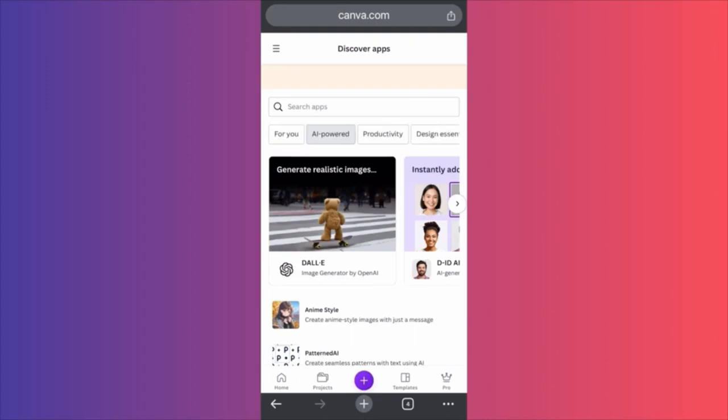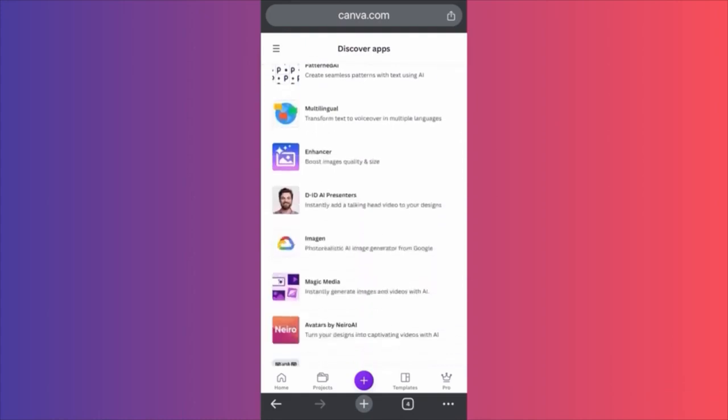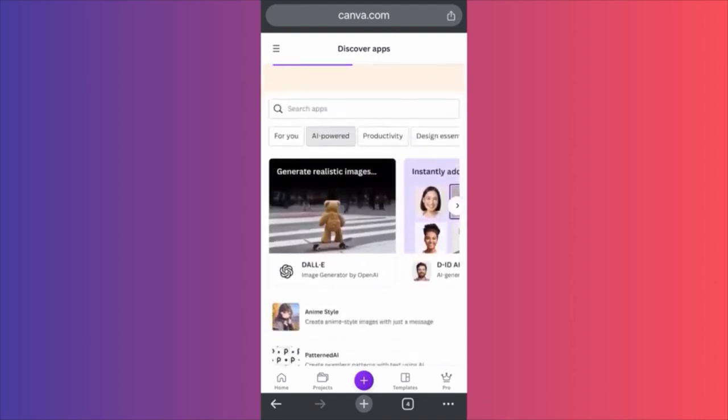So this will help you to see all the current apps that are using AI and producing content based on AI. In this example, I'm going to use DALI. We made probably 15 different videos yesterday on Magic Studio, the AI image generator from Canva, so guys, you want to make sure that you check these videos as well. Let's jump into DALI.